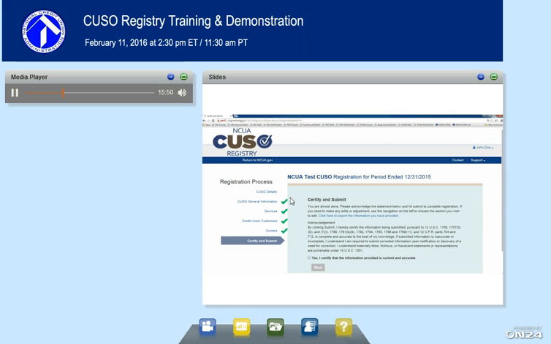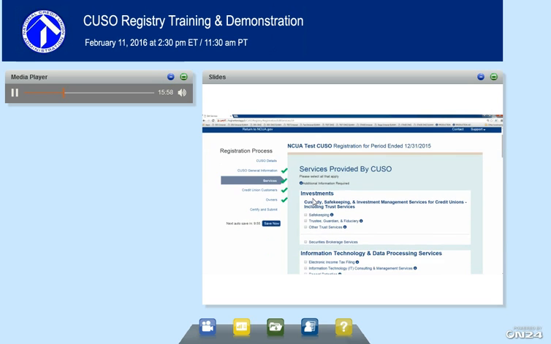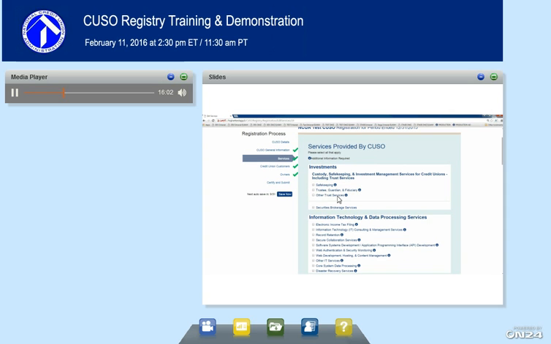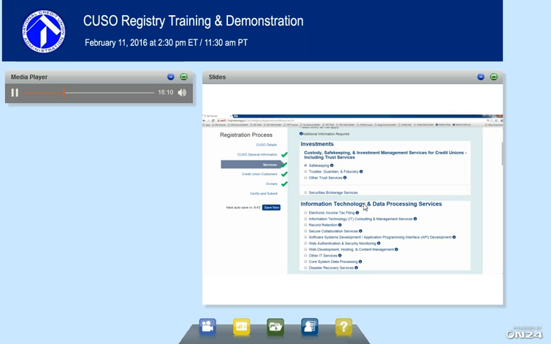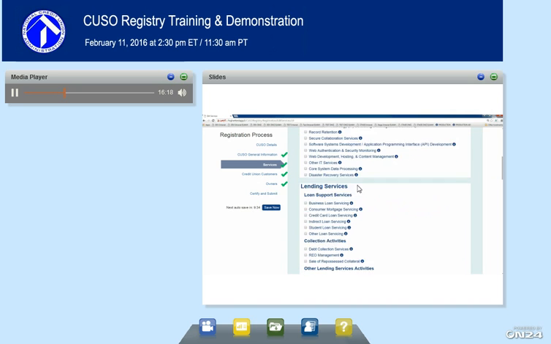So going back to this, I'm going to select some different services to demonstrate the expanded reporter function within the system. I'm going to select two different types of complex services to demonstrate the differences between the two within the system. So I'll select safekeeping and also electronic income tax filing. Afterwards, I'm going to go to the next page